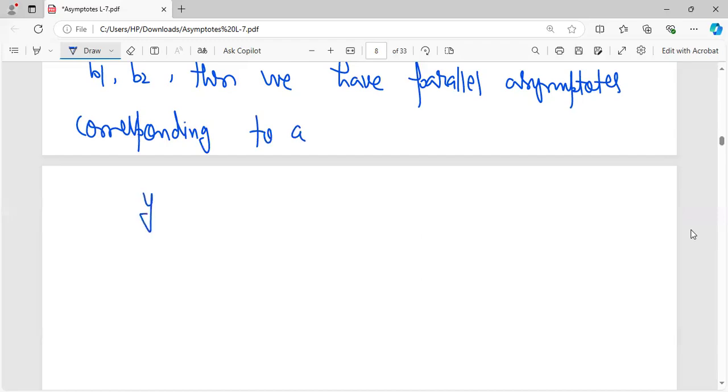What are those parallel asymptotes? y is equal to ax plus b1 and y is equal to ax plus b2. Again, so further cases can be,